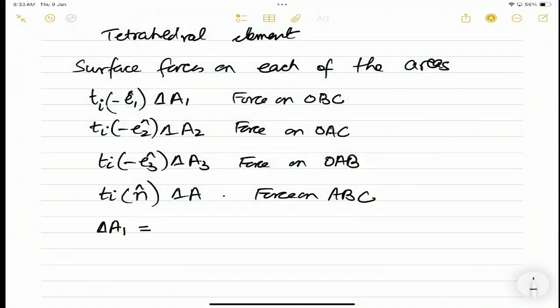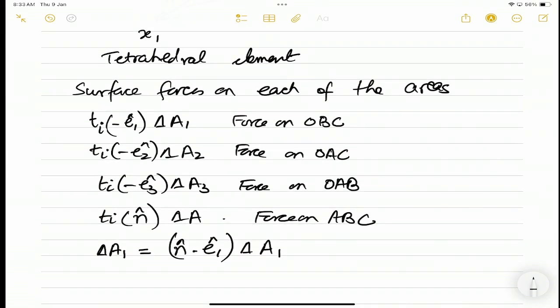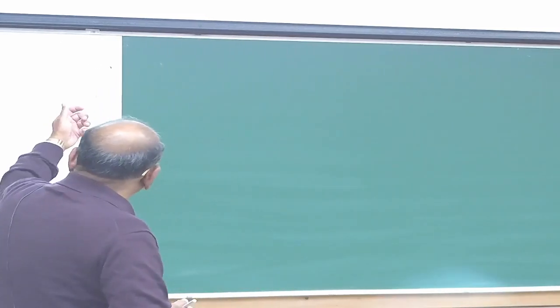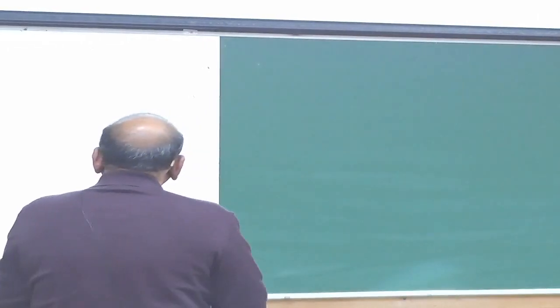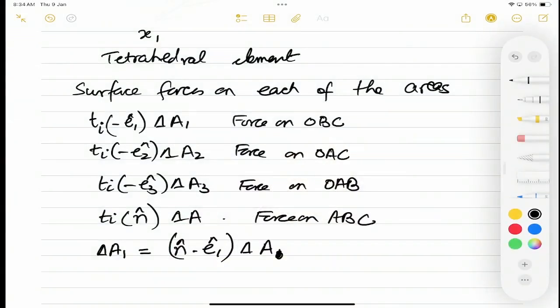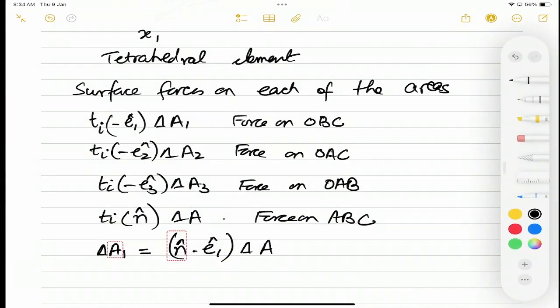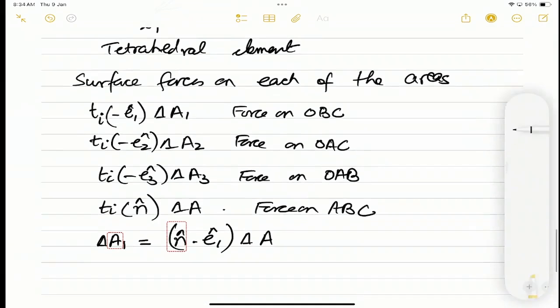delta A1 is equal to n dotted with E1, which gives me the direction cosine of the direction n with the 1 axis, and n dotted with E1 multiplied by delta A. Delta A1 is equal to n dotted with E1 delta A. Similarly, delta A2